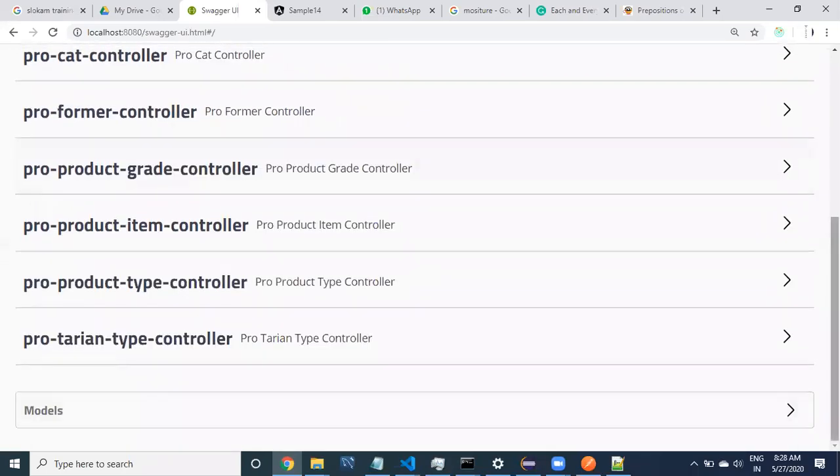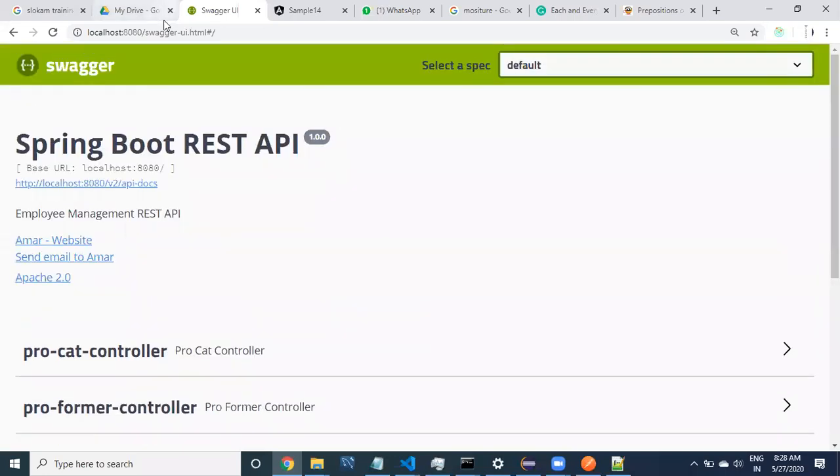Using this Swagger, which is documentation for the REST services, helps us understand what REST services are available and how to deal with them. How to access the REST services, and the information needed to access them, will be available in this documentation. The documentation is provided by the Swagger UI. You don't need to worry about how it is going to come.